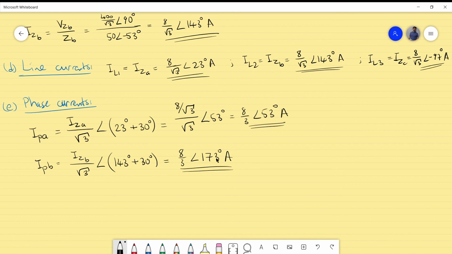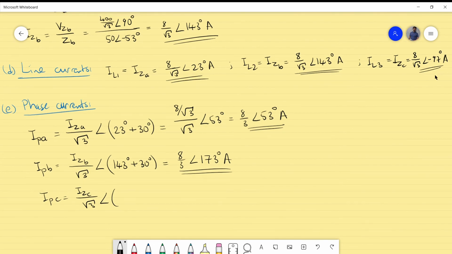And I will now do the final one, which is the IP of C, which is IZ of C divided by the square root of 3 again. And the phase, which was minus 97, which is shown here, so it is minus 97 plus again 30 degrees. What do we have? Again, the same amplitude, and the phase will be minus 67. Now we have calculated all of the phase currents, and the whole example with the questions is completed, but